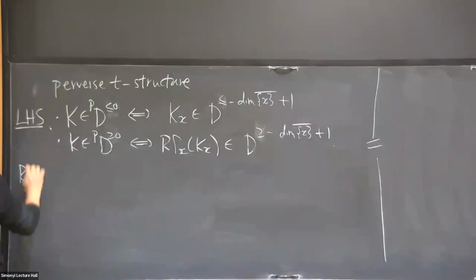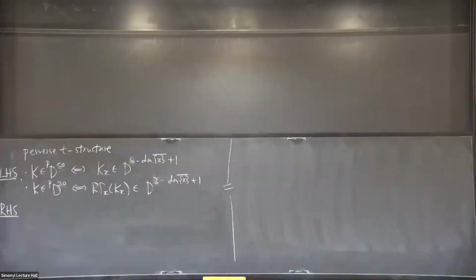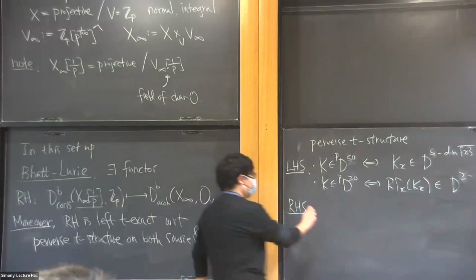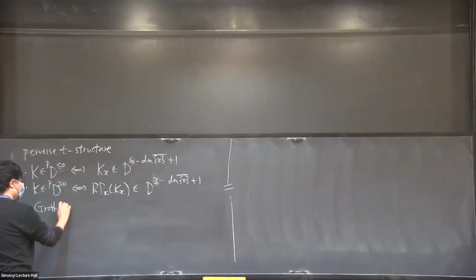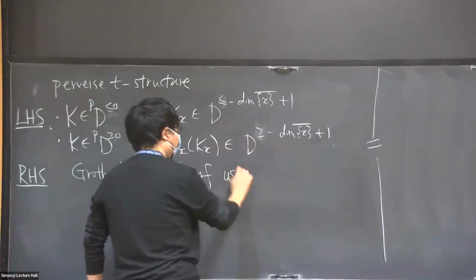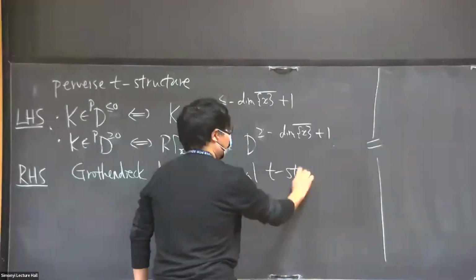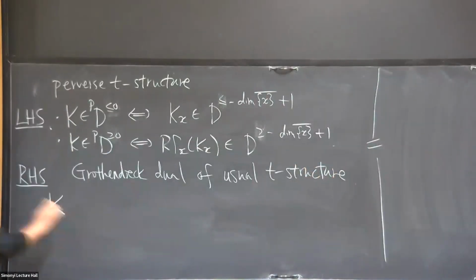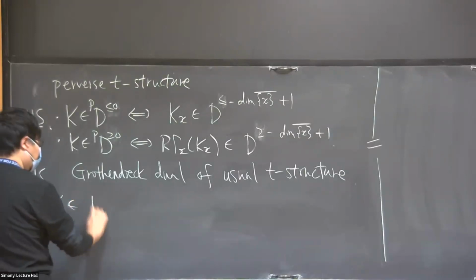And the right hand side, there's a t-structure on this almost coherent category, but this is actually even simpler. It's just the Grothendieck dual of the usual t-structure. So namely, if I have a K on the right hand side, it's in the D^{t=0}